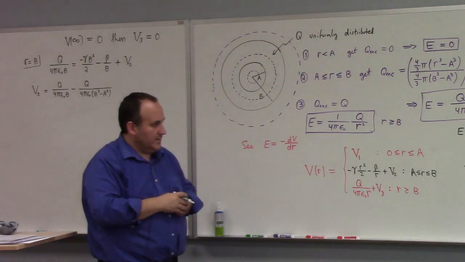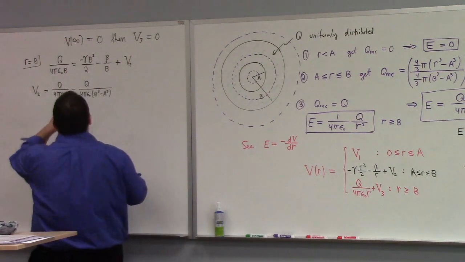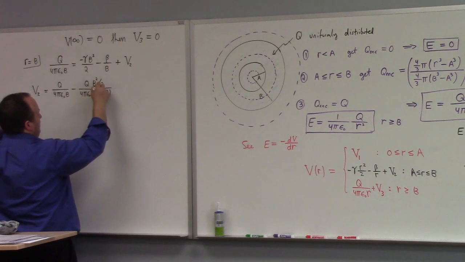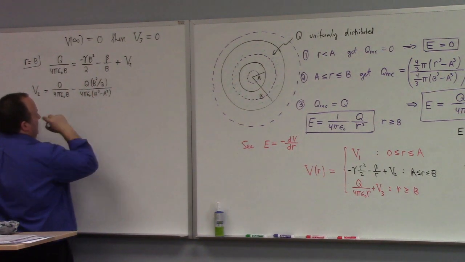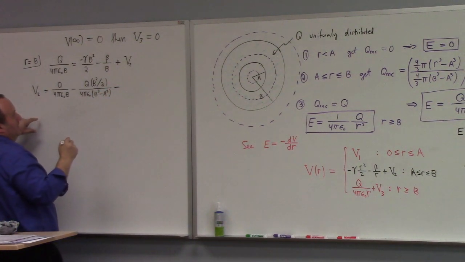That's my gamma. But then I'm still multiplying by minus, and then we've got a B squared over 2, right? I'll put the 2 up here so I can see it. All right? And then I've got minus beta,